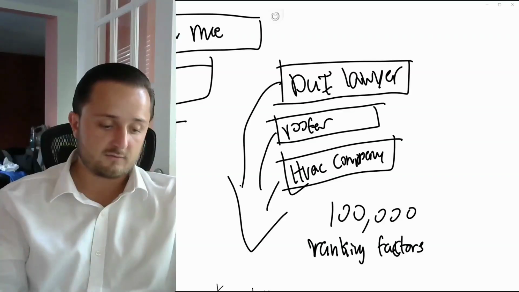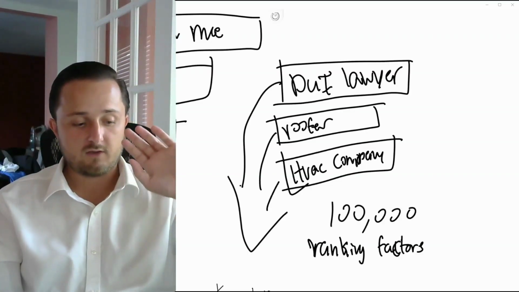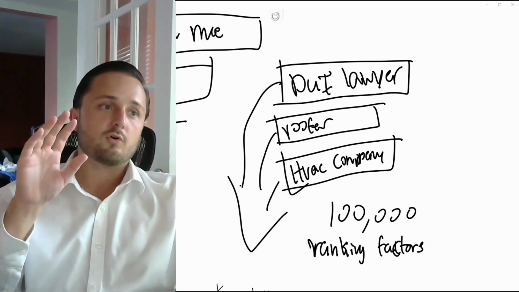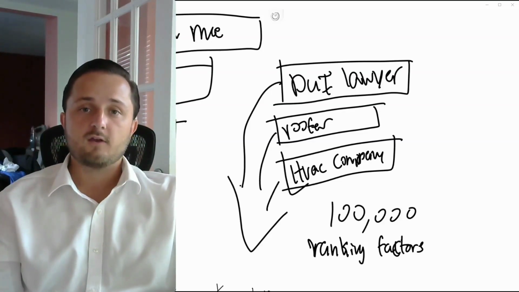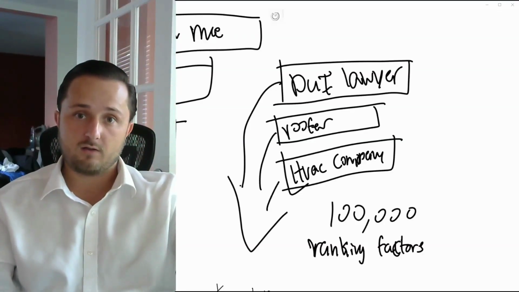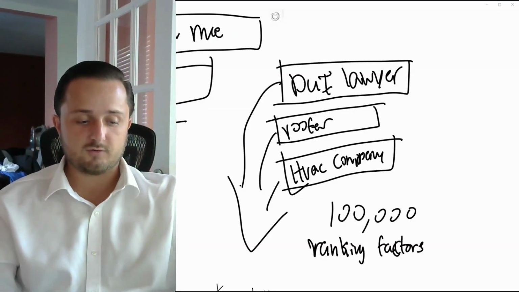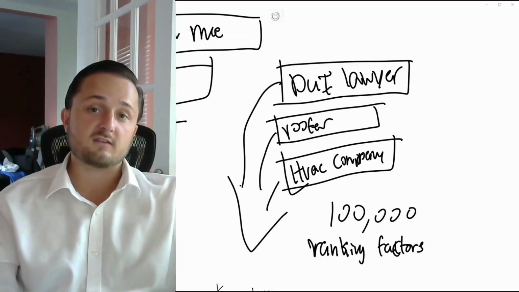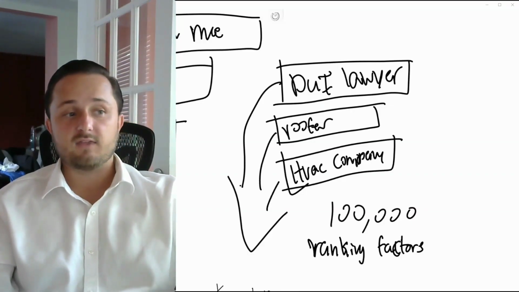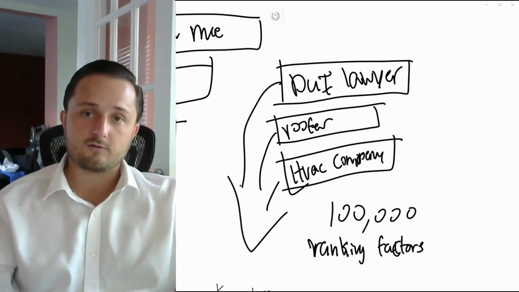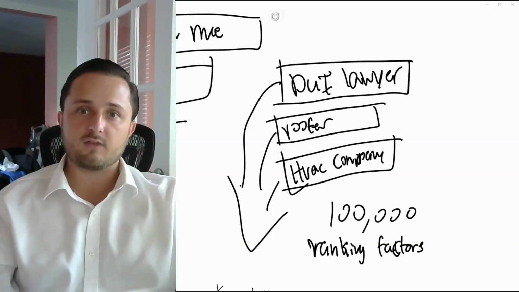But regardless of that, what we'll do is look at DUI lawyer, roofer, and HVAC company, right? We'll go search these, and from an overall trend, we can go into different cities as well. For each of these search terms, I can go into 5 other different cities, so I could be searching this 15 times. Then for those 15 searches I look at why these are ranking and what they are doing to rank.